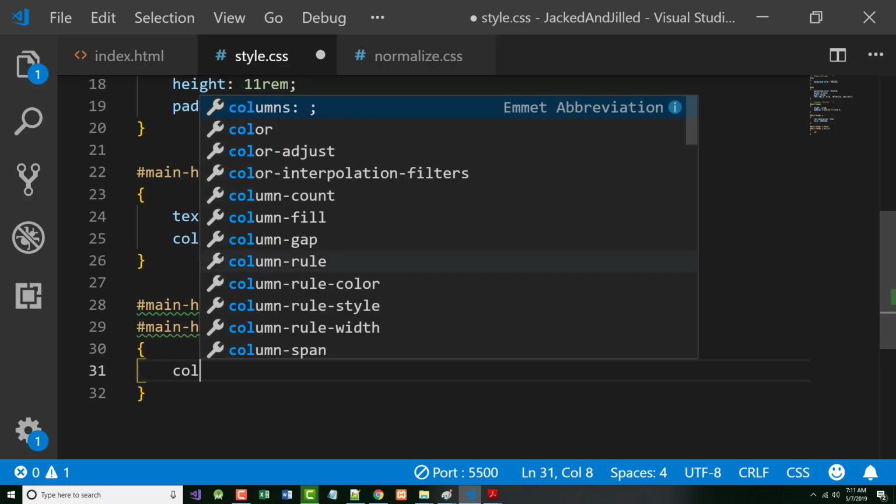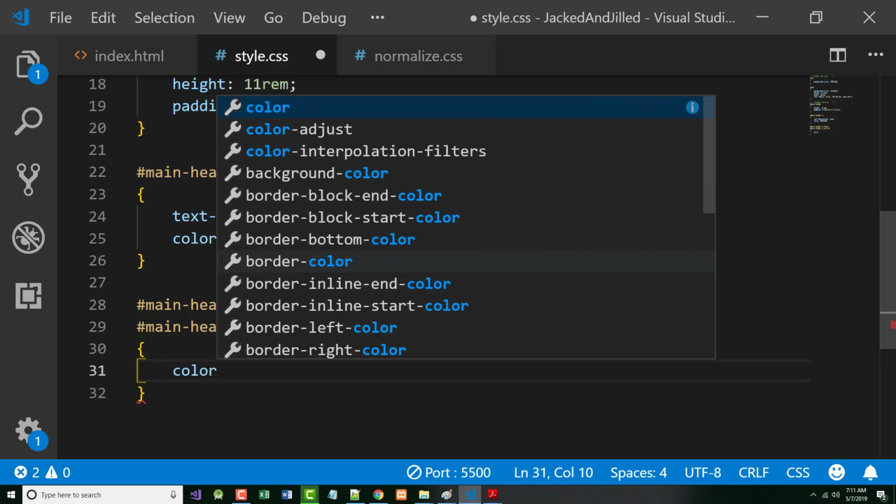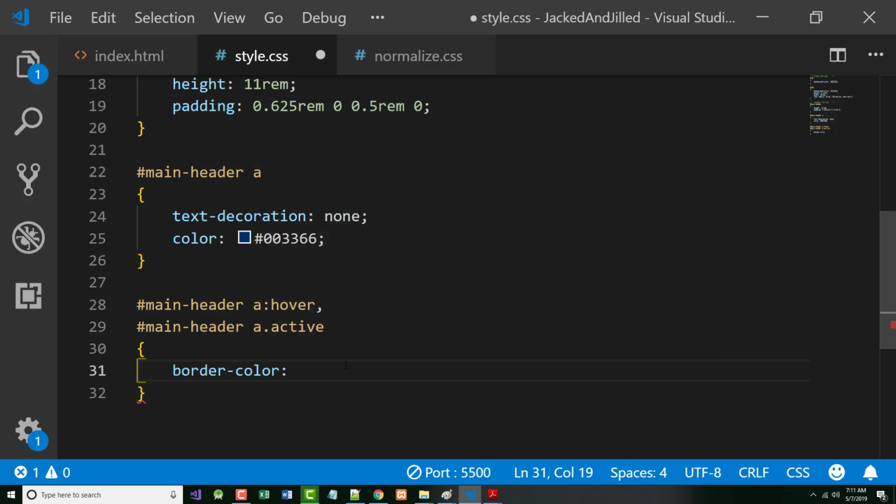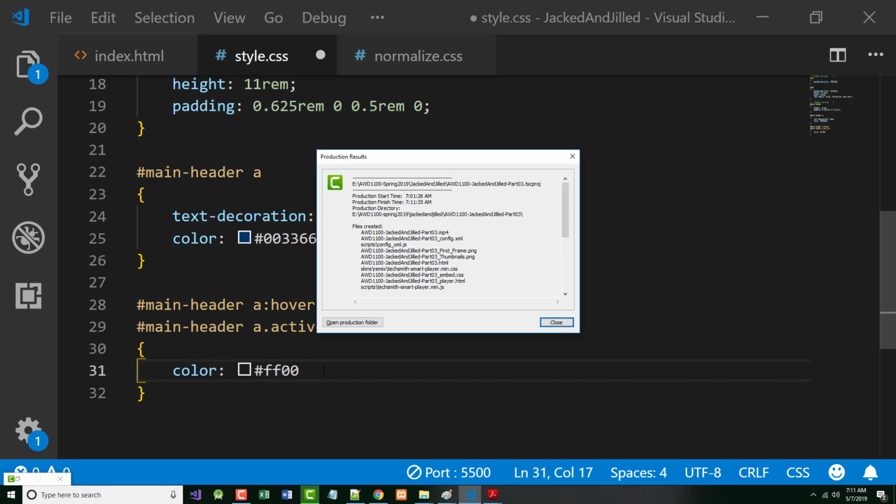to be red. Now, just to show you this, I can say color, and I could use, whoops, not border color. I can say color, and I can use the word red. You'll notice how it finds it. Or I can say color, and like we did before, I can use a hex code, pound FF0000, so I can do that. Or,